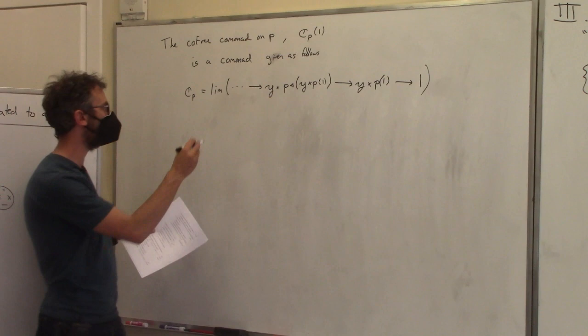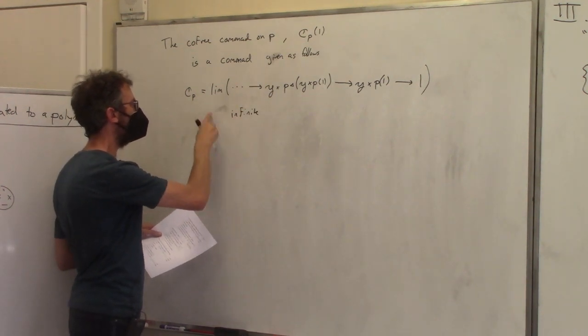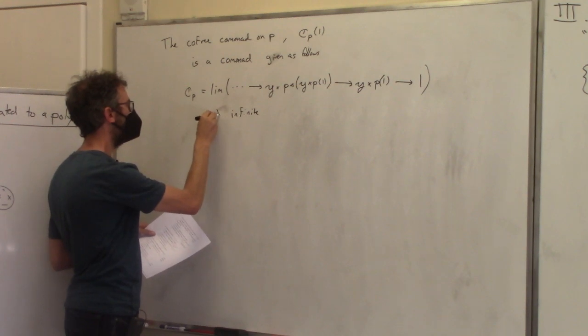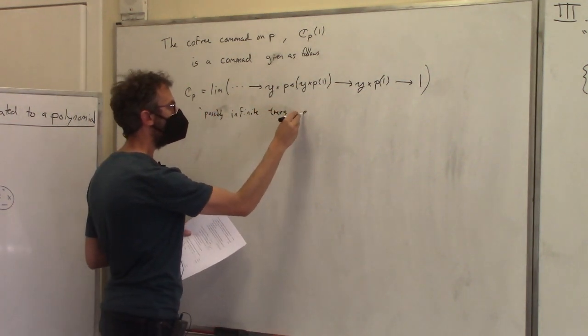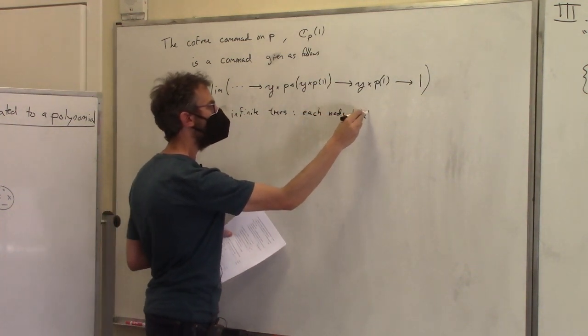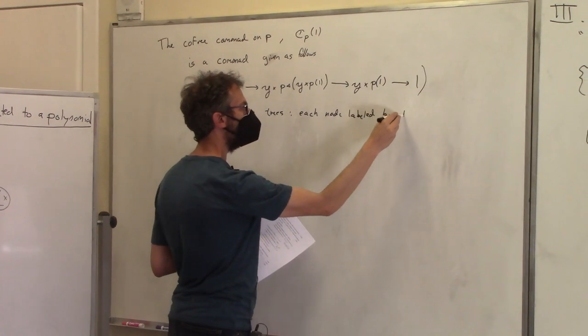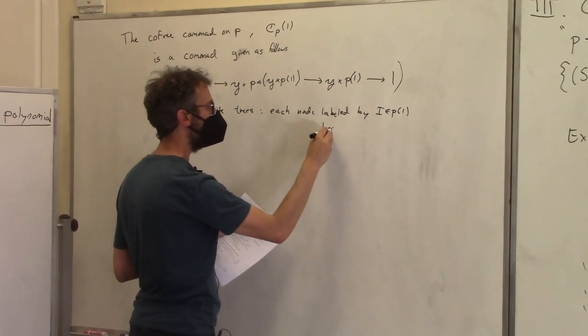They're possibly infinite; they don't have to be. Trees where each node is labeled by some element of P of 1 and branching